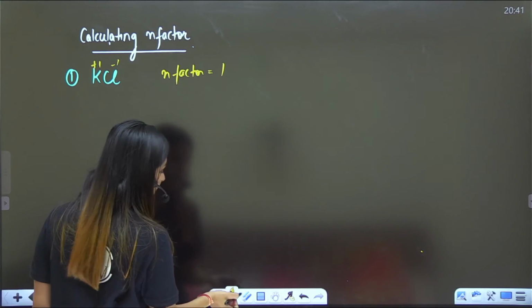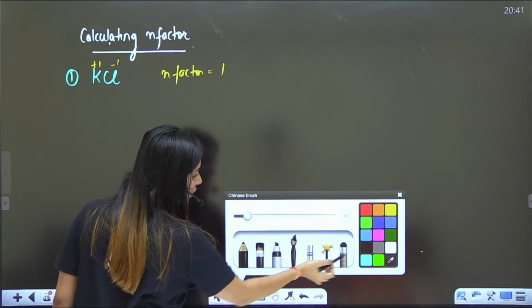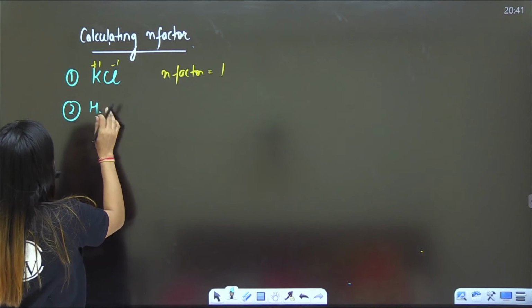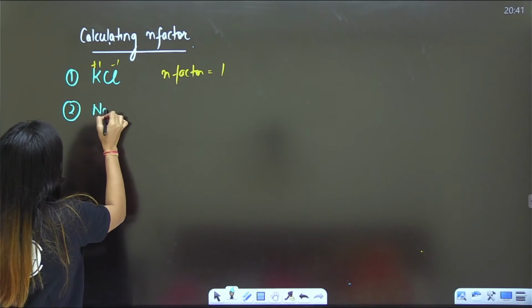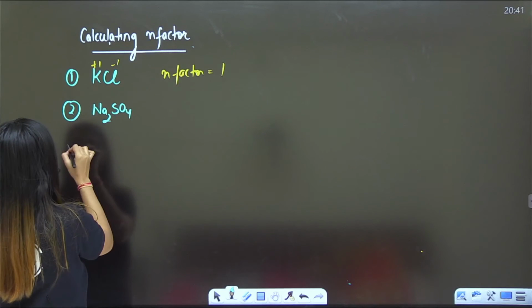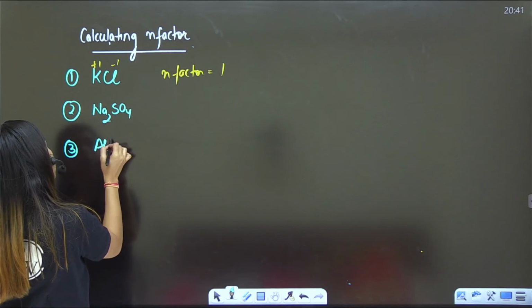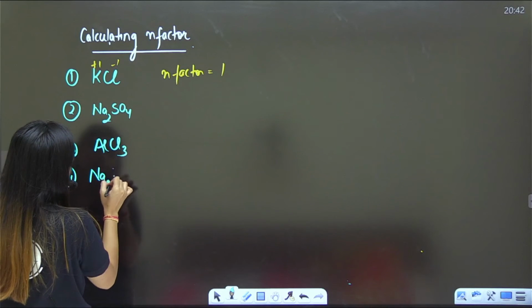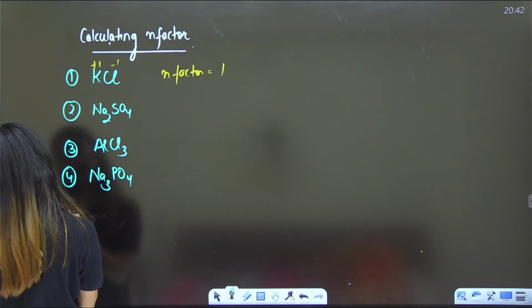Let's take another example. I'll write all the examples first. Let's take Na2SO4, then you will have AlCl3, then let's say you have Na3PO4,